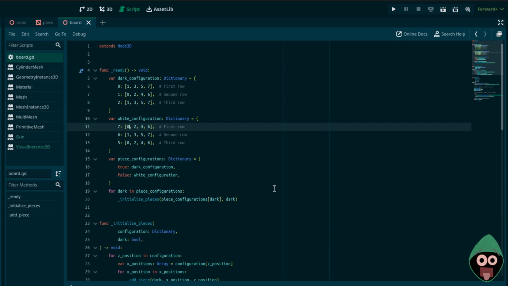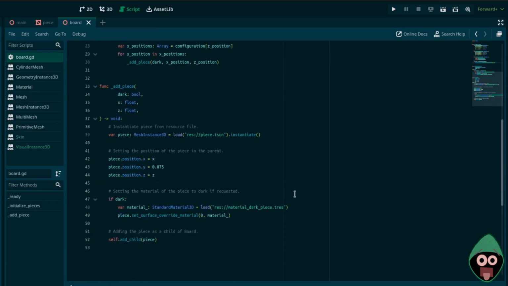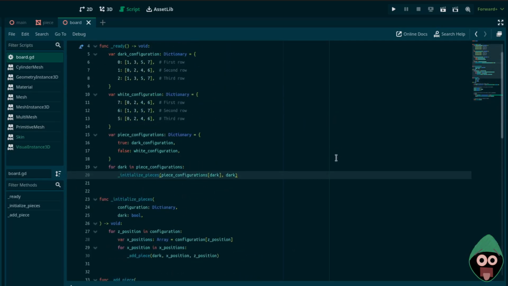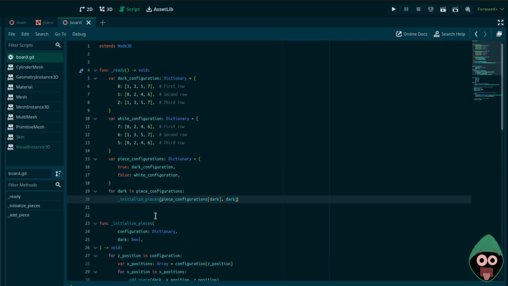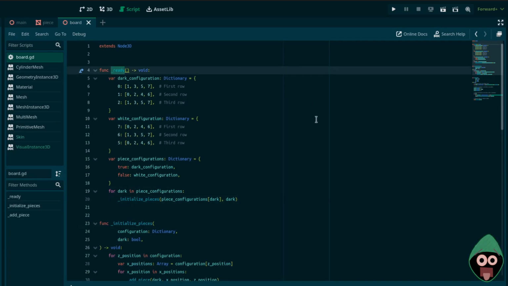So yeah, this is what the code looks like. So I suggest you pause the video, copy this stuff now as it is, and then once you've copied that, unpause, and then go and copy this initialize pieces if you haven't done that yet. And then add pieces has not changed at all. That should be as it has always been. But now we're actually getting a bit deeper into the programming part when we're starting to use loops. And we've created a function that has loops, and a loop here inside this ready function, which is a Godot Engine, a node